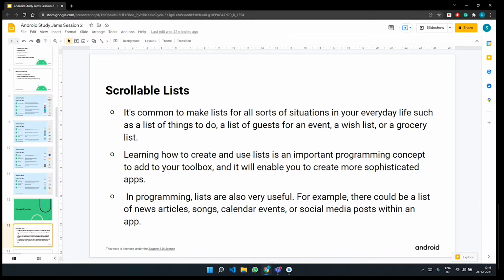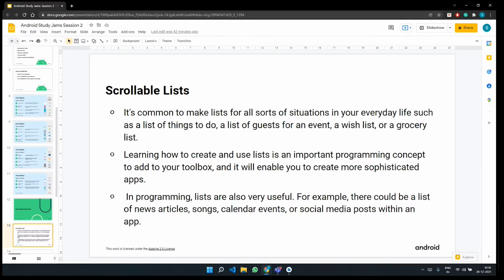We understood how Times of India is able to display those news articles, and songs. So if you open Spotify and you have a list of songs that you listen to regularly, that is also displayed to the user in the form of a list. And calendar events, of course. When you take Microsoft Teams, in the calendar section, you will have all the meetings in the form of a list. You can set it in such a way that you are seeing the meetings in the form of a list,